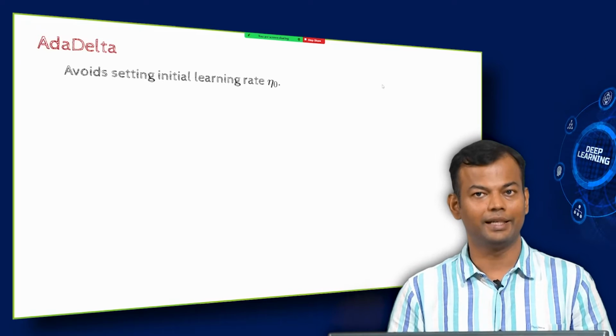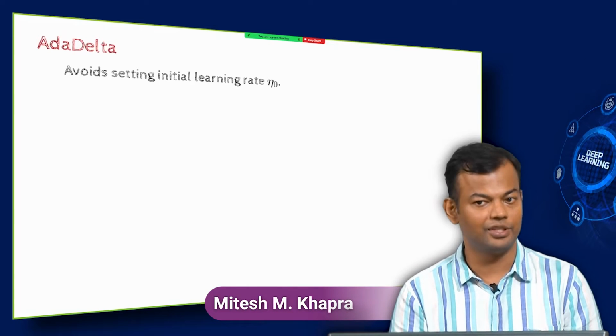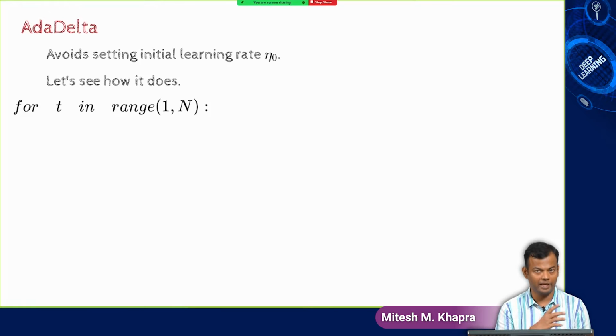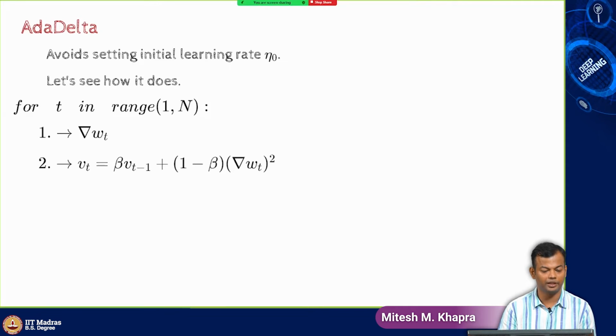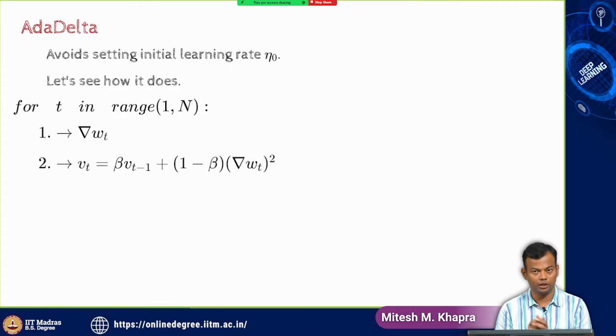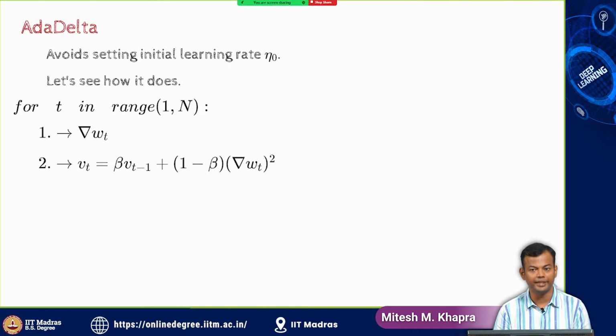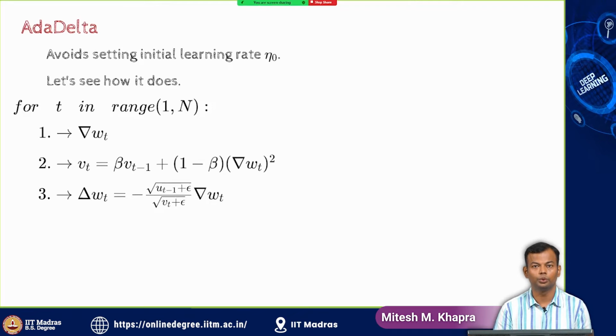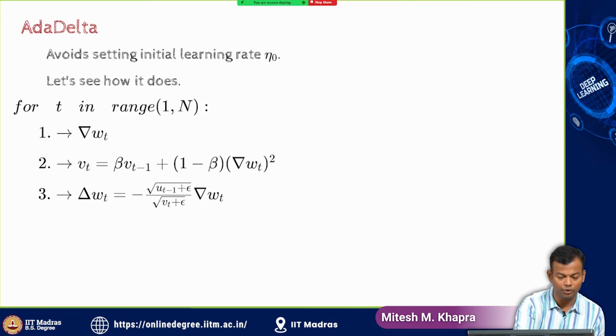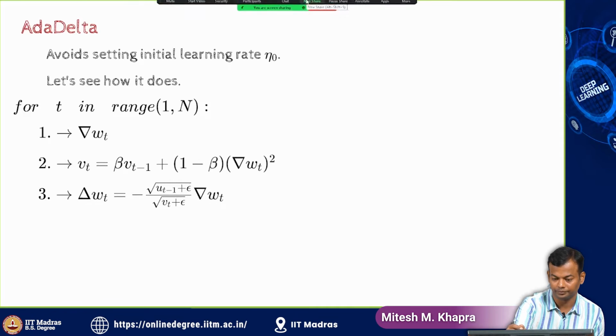So now we'll talk about Adadelta, which avoids setting an initial learning rate completely, right? So let's see what it does. I have some n epochs or n iterations. I compute the gradient. Then I keep an exponentially moving history Vt. Then I compute the update, right? So this is what my update is going to be,